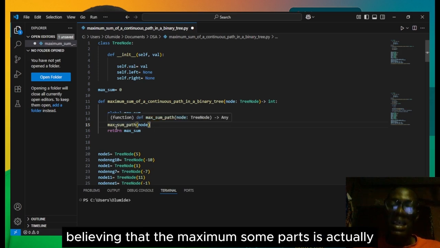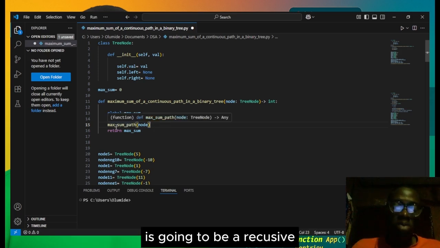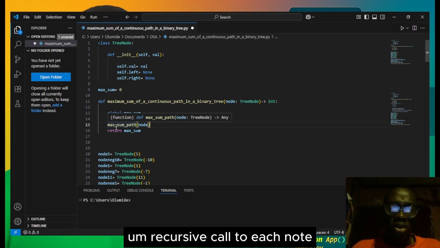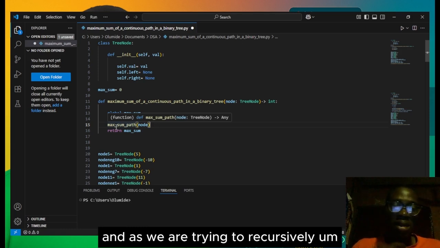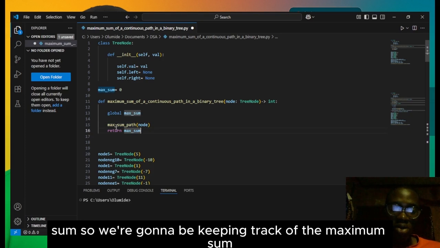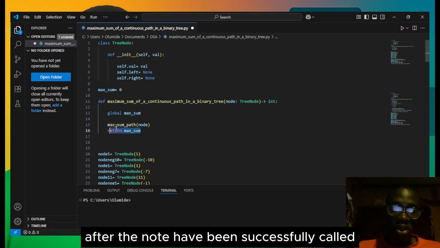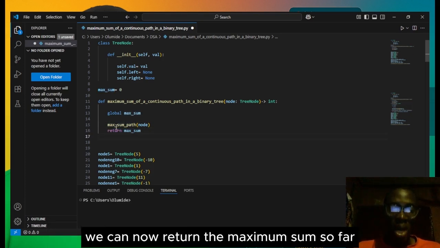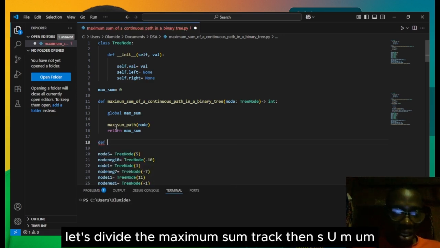So believing that the maximum sum part is actually going to be a recursive call to each node, as we are recursively calling each node, we are going to be checking if that node is the maximum sum. So we're going to be keeping track of the maximum sum. After the node has been successfully called, we can now return the maximum sum so far. So let's define the maximum sum track then,